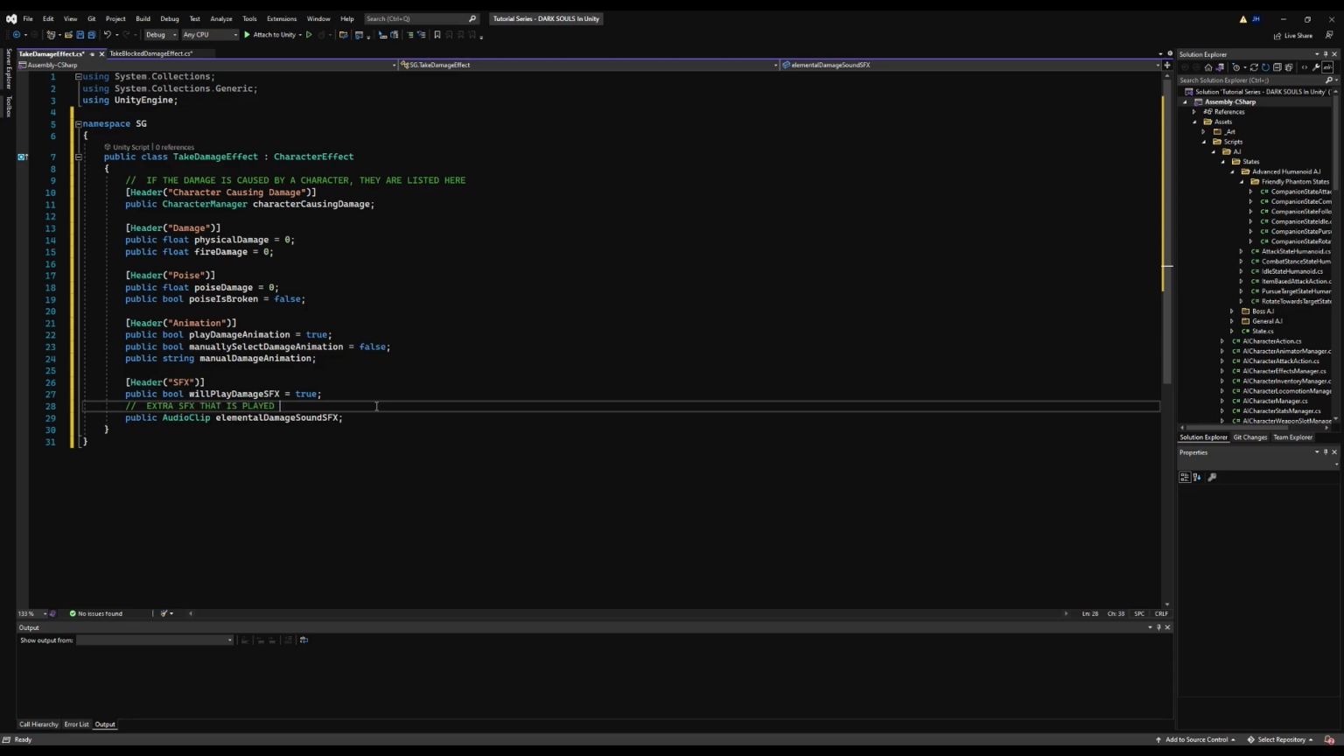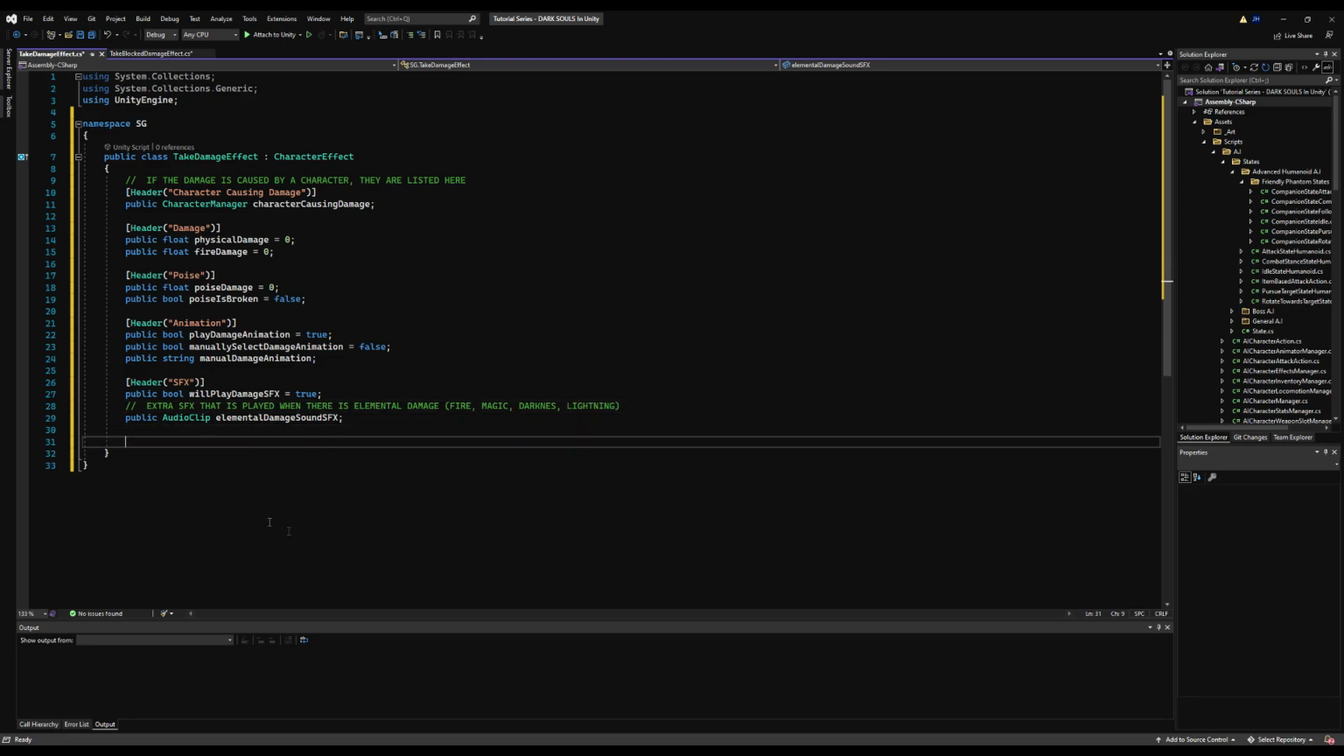I'm going to make a note here. An extra sound effect that is played when there is an elemental damage sound. So say you have fire or magic or darkness or lightning, you can basically insert one of those damage effects there as an extra damage effect on top of the normal one to kind of make it more polished, to make it pop more. Next, I'm going to make a header for directional damage taken from,